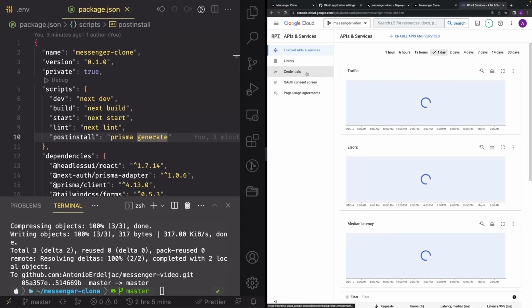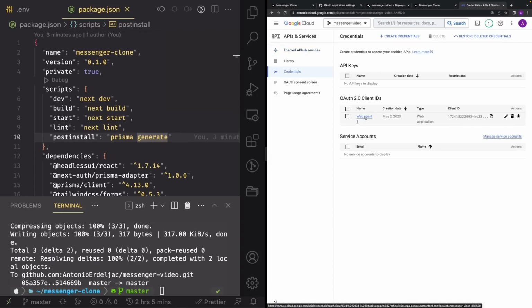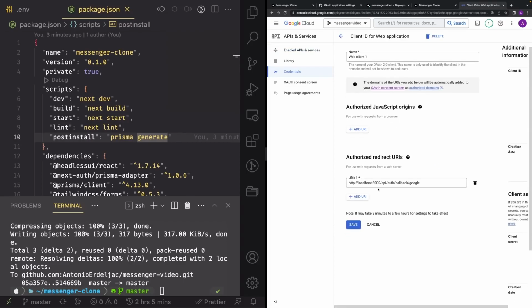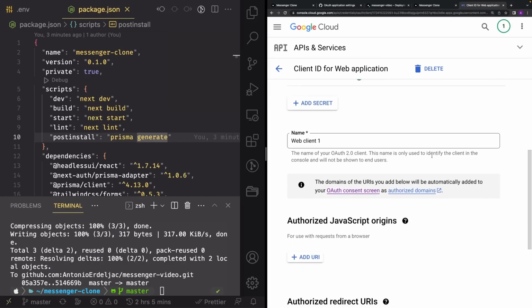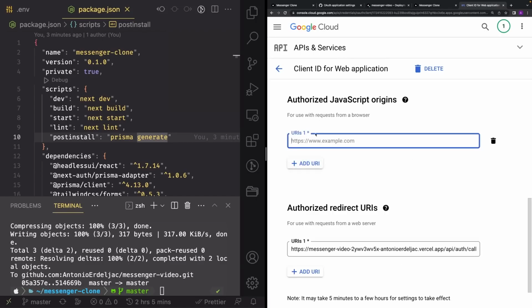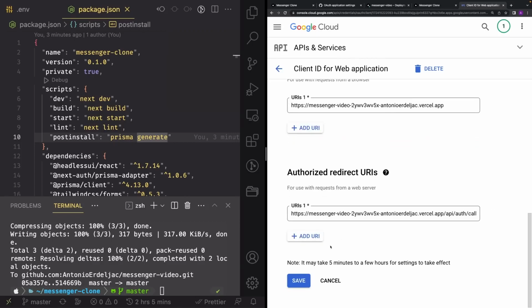And then you want to go here into credentials and select your web client 1, or if you named it something else, I left it as default. And what you have to do here is change this localhost with that. Just make sure you don't accidentally put a slash here. So I'm going to zoom in so you can see. So don't accidentally put this slash here. Make sure you remove one. So it's just your URL /api/auth/callback/google. And you can also add the authorized JavaScript origins like that, but remove the last slash like that